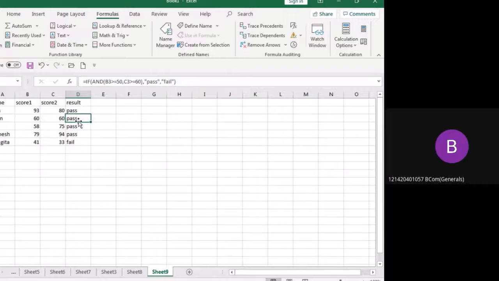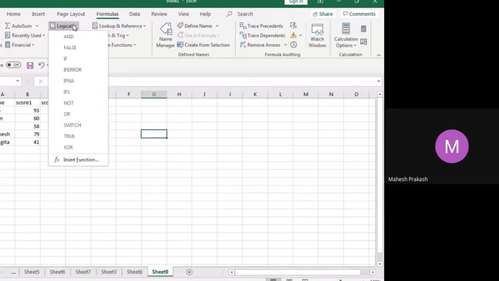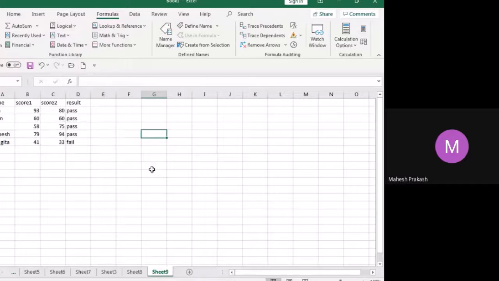Sir, do we have some kind of loops in MS Excel? Loops, while loops, for loops? No, we only have IF and all those errors. No, we don't have loops over here. That goes into macros. Macros have something like .NET, which is called VB script. Over there you can use while loops, for loops, if statements, if else, all those statements. But this is not the coding part.